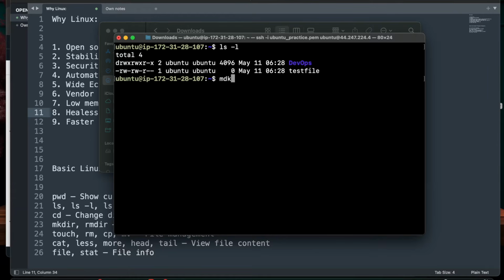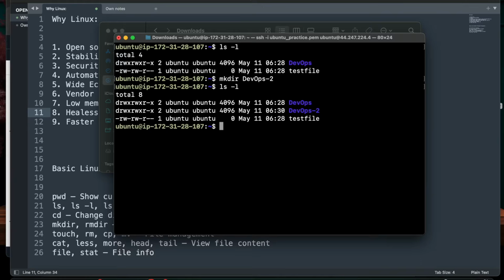I'm going to say mkdir DevOps2, for instance. If I do ls -l now, we can see a couple of directories here and a file. If I type cd space DE and press tab, what it actually does is fill in until it matches DevOps, then it stops.